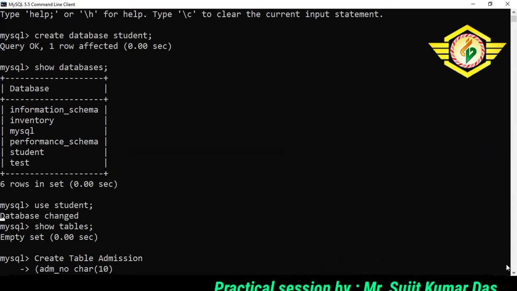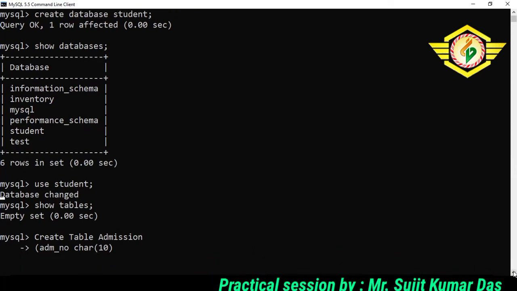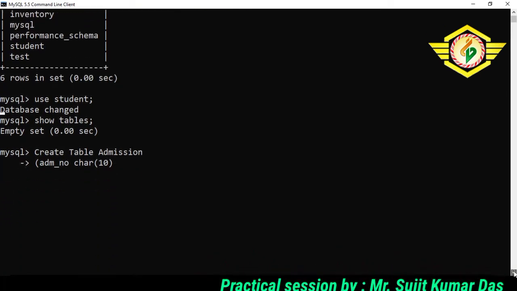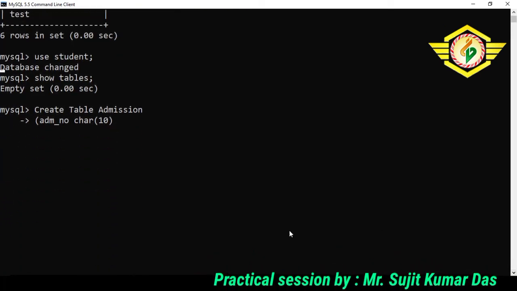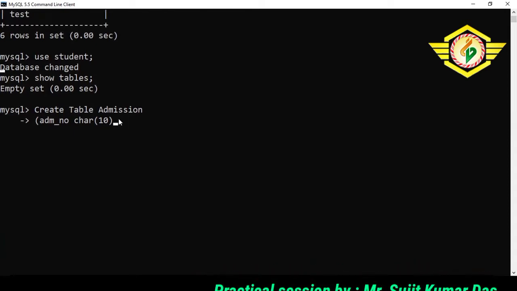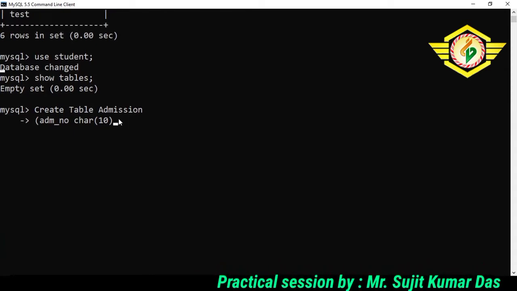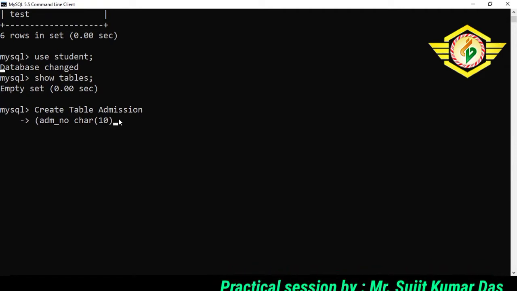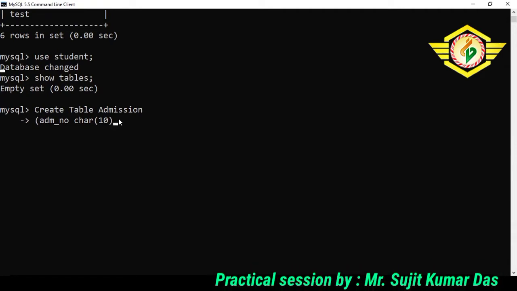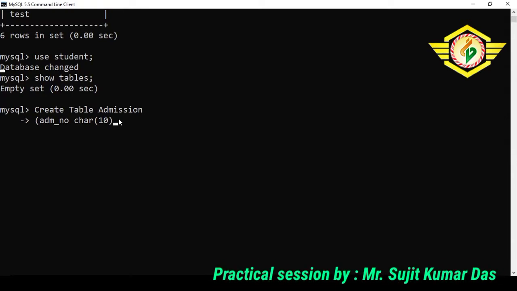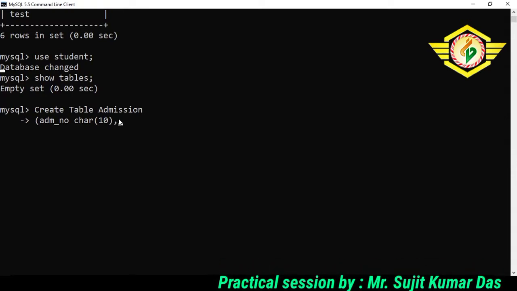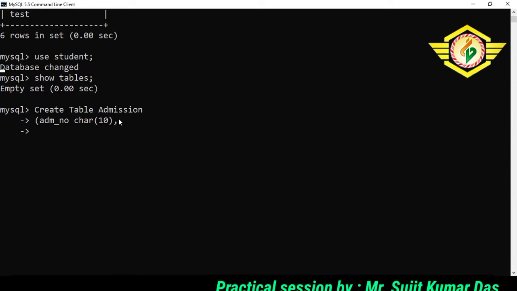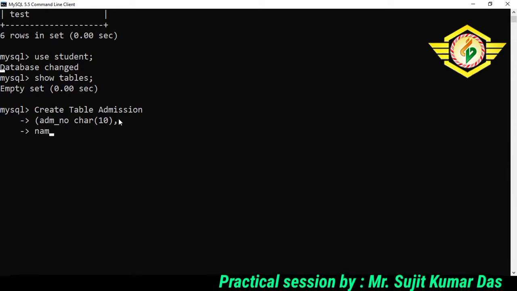Column name, column type, column size. Let me scroll a bit down so that you are able to see what I am typing. So admission number is the first column, of character type with a capacity of 10 characters. Now we go to the second field, that is name.